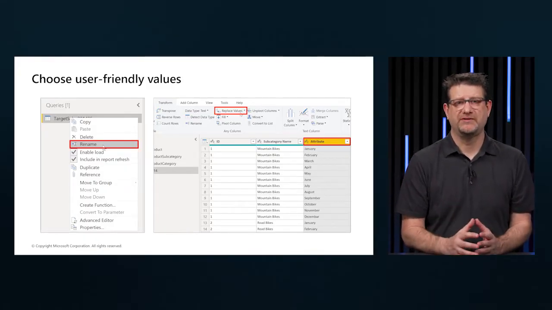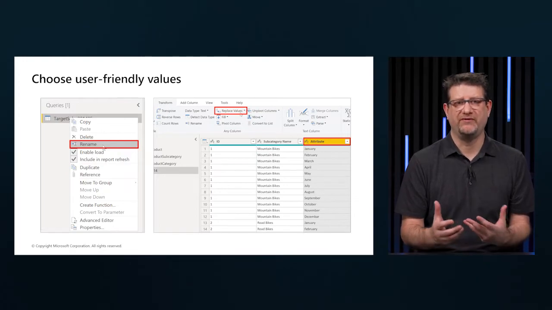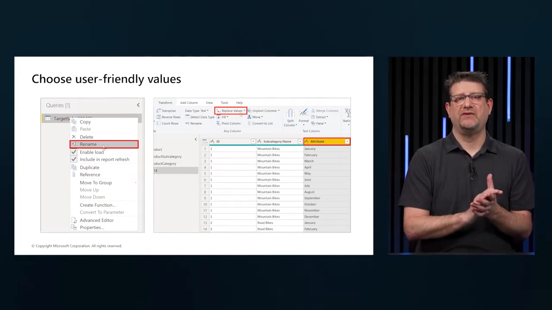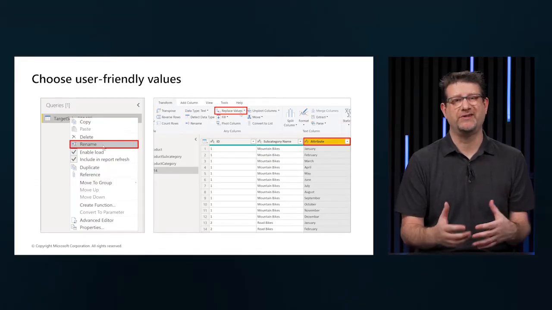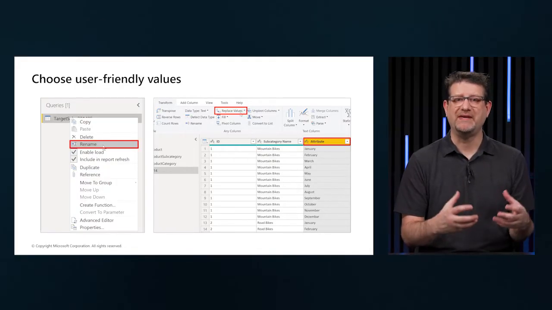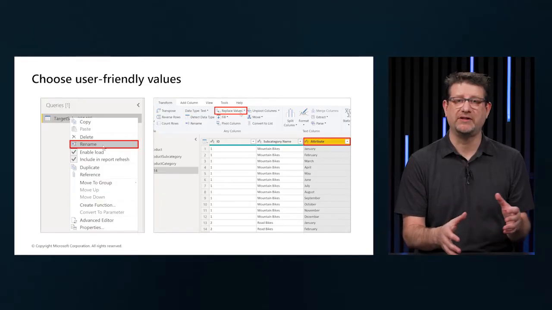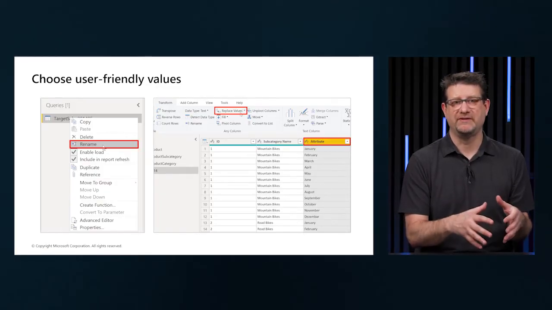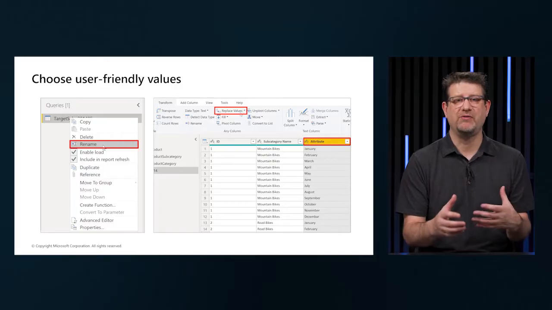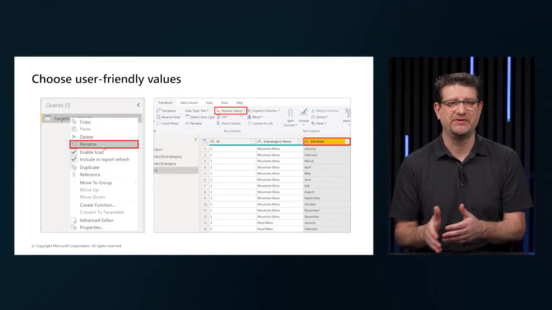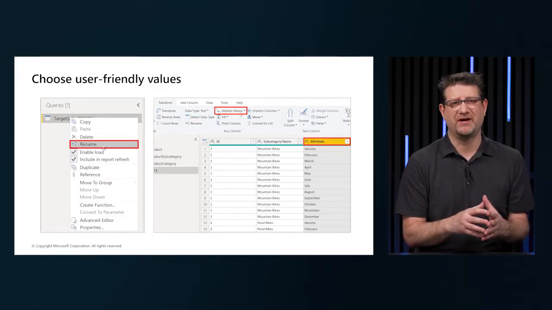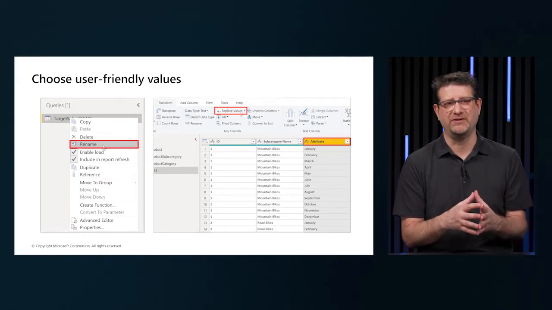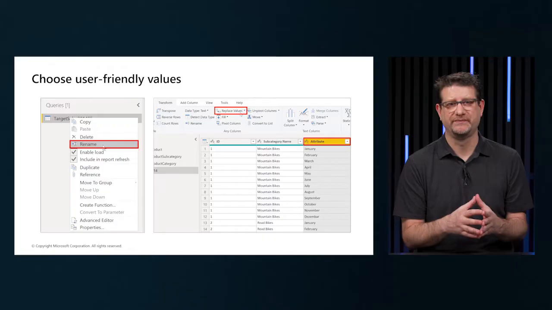There are some best practices for renaming tables and columns and values. The best practice is to give your tables, columns, and measures descriptive business terms and replace underscores with spaces. Be consistent with abbreviations. Don't make them too short. For any prefaces or words with numbers and ID, we want to make sure we're using ID in all capitals every time, if that's what we choose. Excessively short abbreviations can cause confusion if they're not commonly used within the organization.